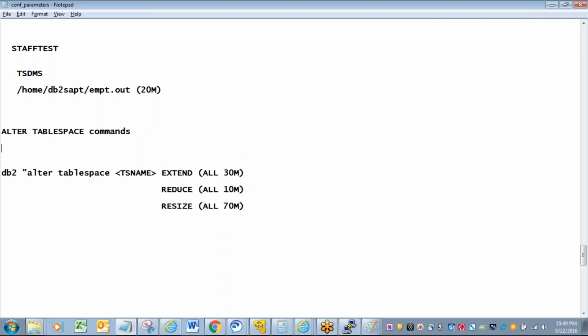Let's say my initial size is 20M. My tablespace got filled up, which is 20M. I want to increase it. So let's say I'm running this command: alter tablespace name extend all by 30M. You can see here you want to increase the size. Extend means from this point how much you want to increase basically. Let's say you have a compound wall for your home, you want to extend it by 2 feet, which means